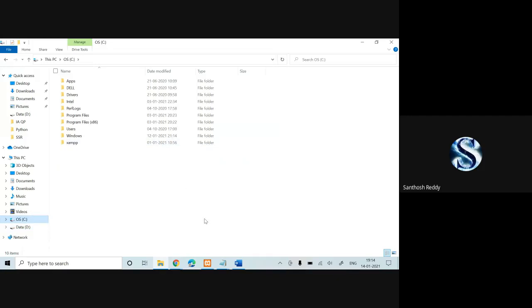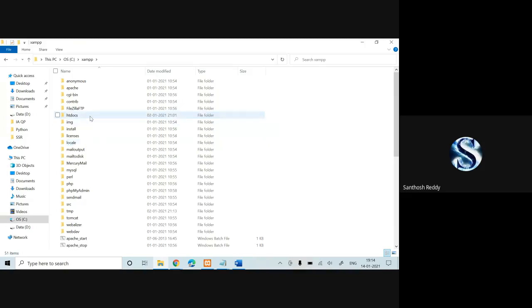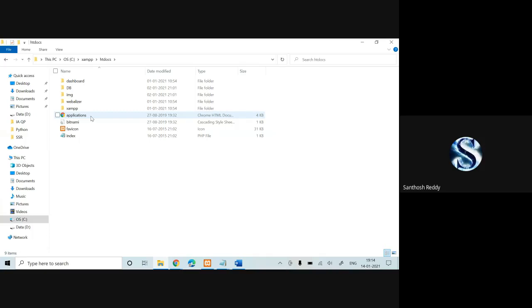Now, the first thing is where you have to create the files. Once you have downloaded your XAMPP server and installed it, you are going to have a XAMPP folder. Just double click on it. In the XAMPP folder, you are going to have the htdocs folder. Double click on it. In that, you have to store whatever files you are going to run. If you are running any program with the server, that file should be located in this particular place. Just see the path: C, XAMPP, htdocs. This is what we need to use.